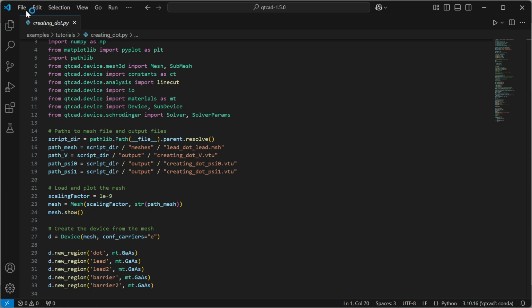After that, import solver and solver parameters from the QTCAD device Schrödinger module. Solver implements the Schrödinger equation for quantum mechanical calculation within the device. It computes the eigenvalues and eigenfunctions of the system, and solver parameters configure the parameters for the Schrödinger solver. This combination of solver and solver parameters enables precise quantum mechanical modeling of nanoscale devices such as quantum dots or